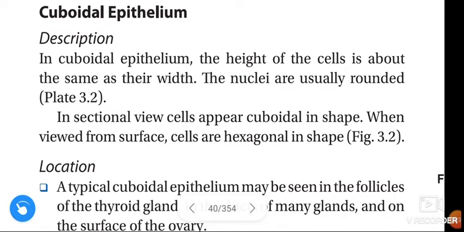Next, in sectional view, the cells appear cuboidal in shape. When viewed from the surface, the cells are hexagonal in shape. Coming to the figure,